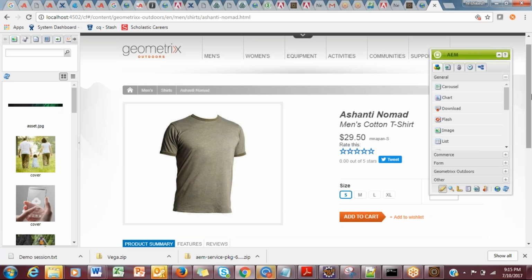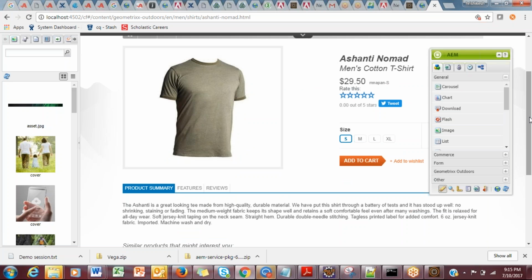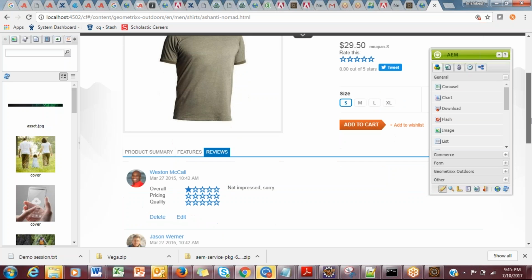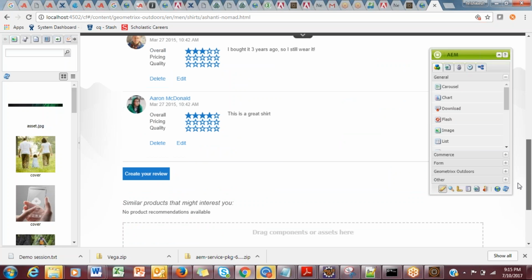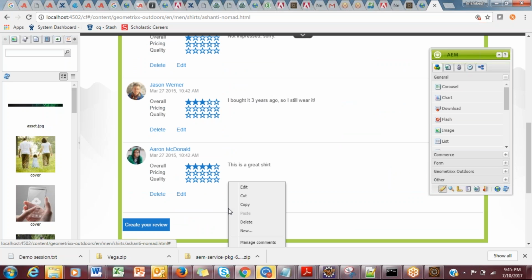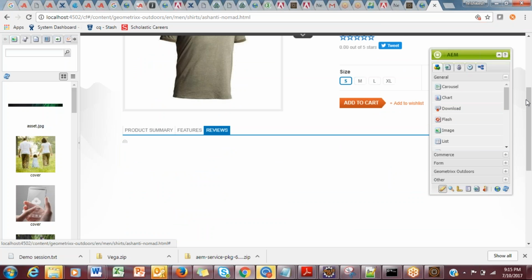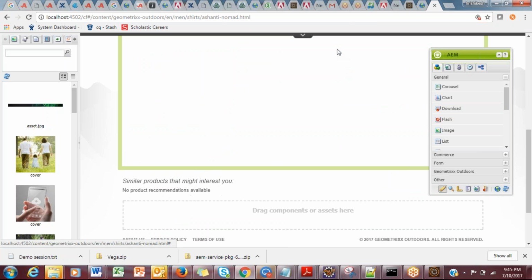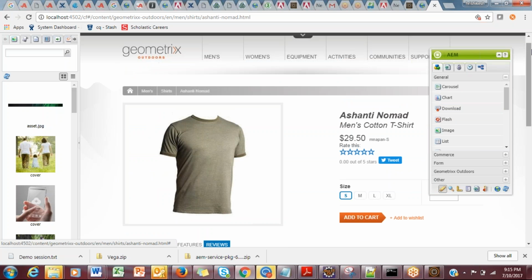You could go, and before buying this, I want to see the reviews. So can I add my own review? Absolutely possible. This comes as a component. You see this? This comes as a component. Of course, people new to this need to understand what a component is, what a page is, what a website is. A website is a combination of pages. A page in turn is a combination of components.